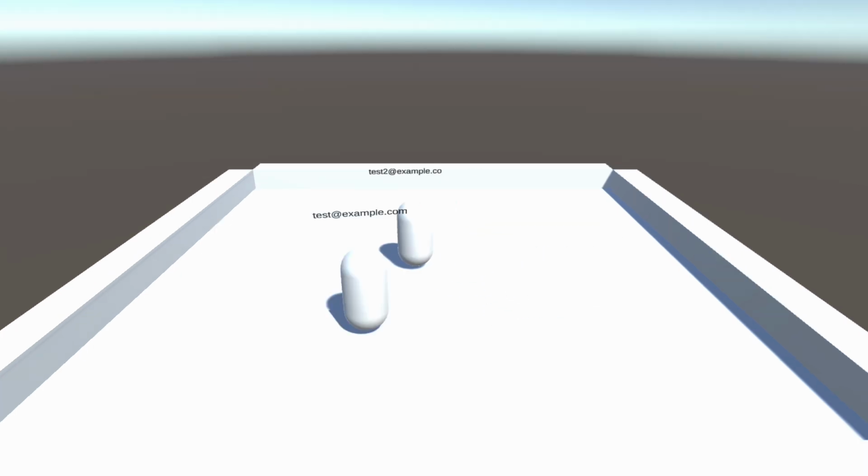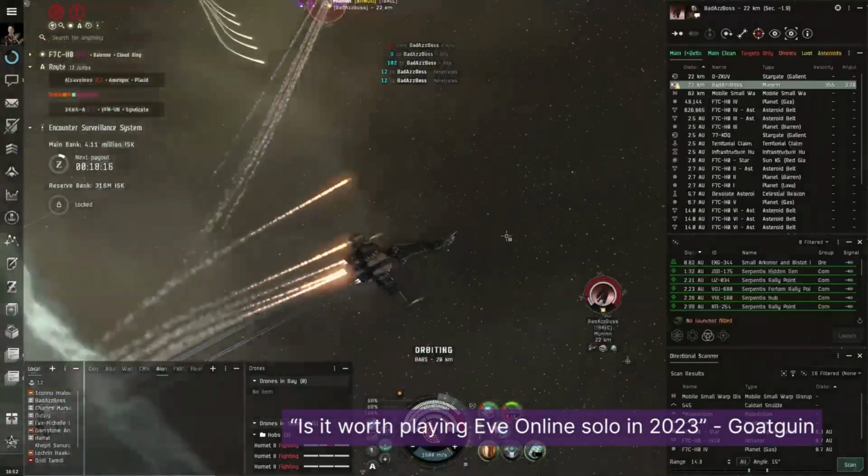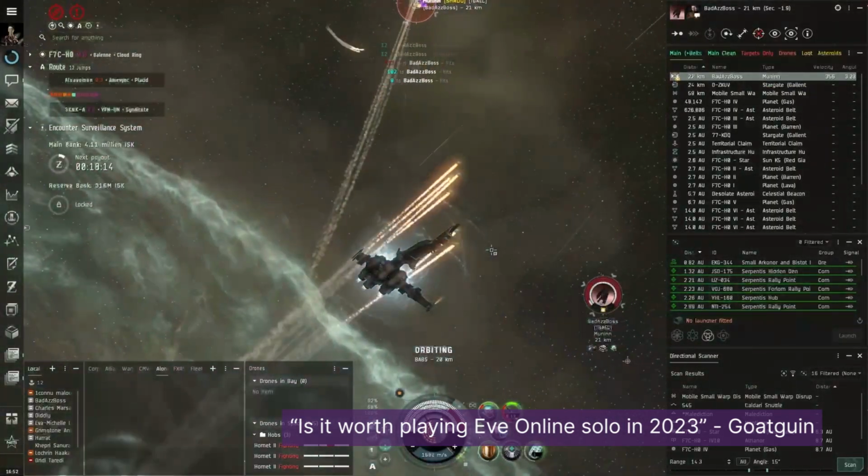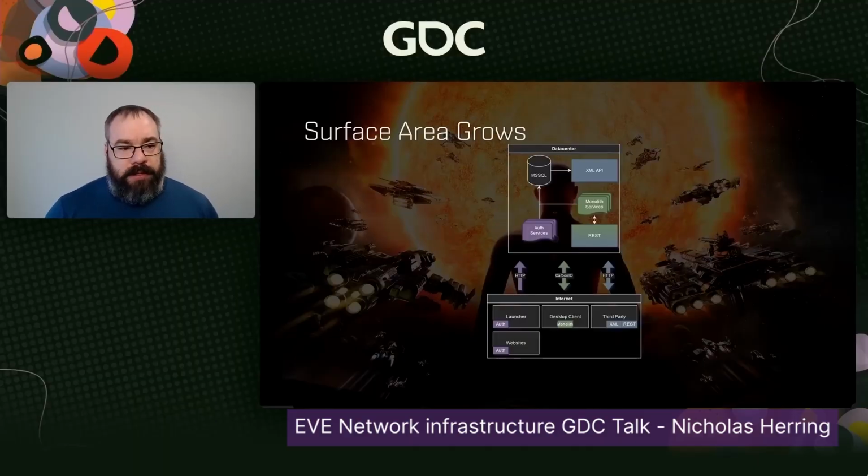Today, our goal will be to take this simple little game where these capsules move around and make it networked, so two different players can sign up, join the game, and move around each other. But first, let's talk about network infrastructure. Modern multiplayer games are quite complex and are built on a lot of different systems, but the ones we're going to focus on for this video are the following.